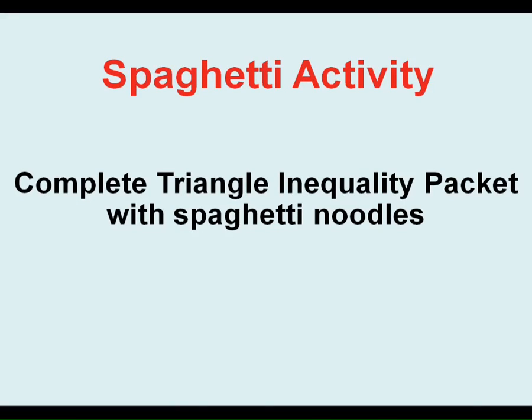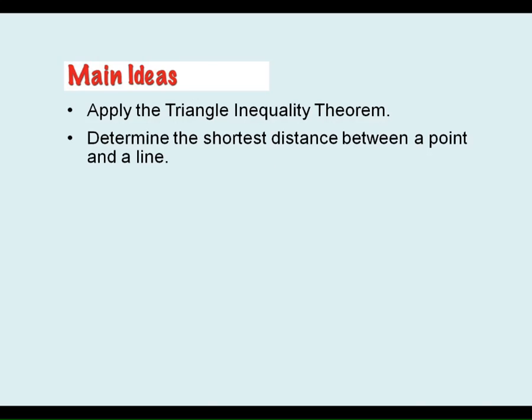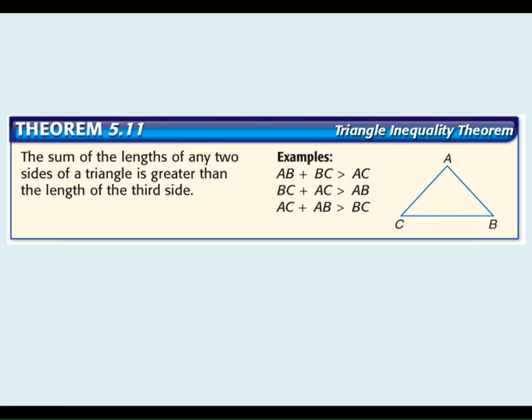This activity should have led you to what we're going to talk about, which is what we call the triangle inequality theorem. This whole section is just about one theorem, for the most part. What the triangle inequality theorem says is that if you add the sum of the lengths of any two sides of a triangle, it's greater than the length of the third. No matter which two sides of a triangle you pick, if it's greater than the third in every possible case,